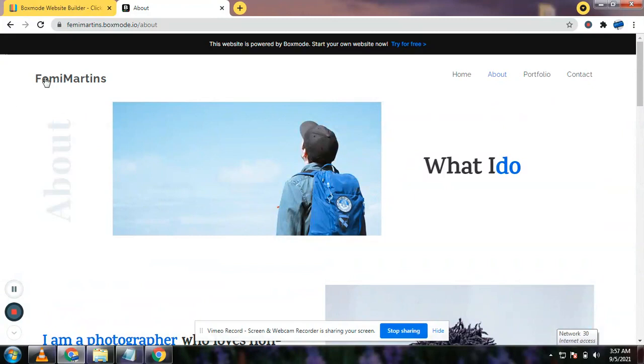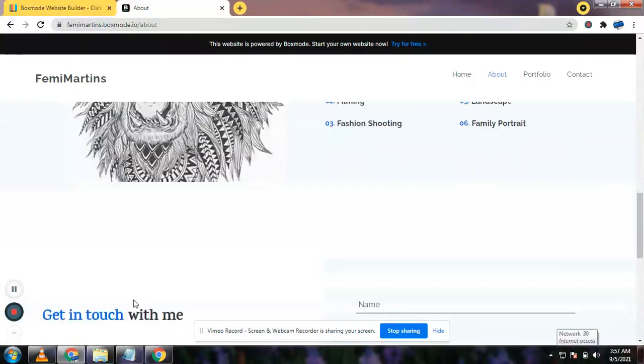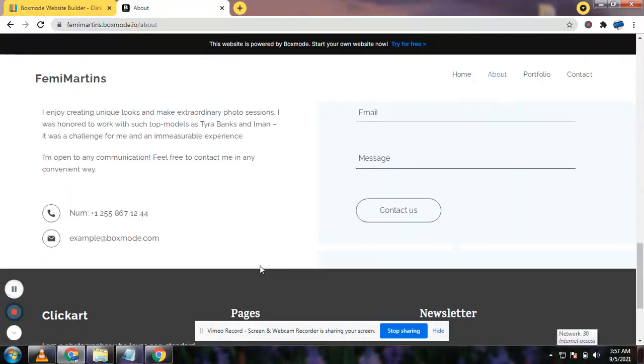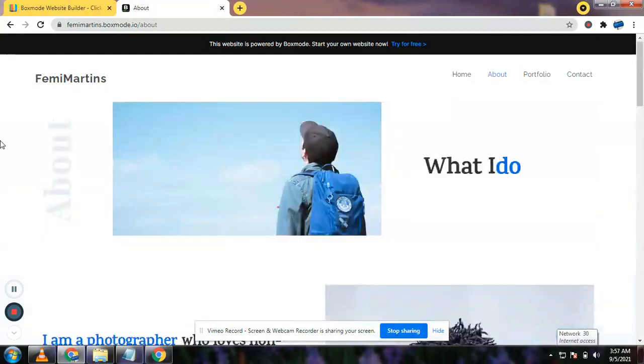You can see the About page. The logo has been changed to Femi Martins. And the icons that were deleted, they are also not there again. So that's just about all we need to do with the box mode